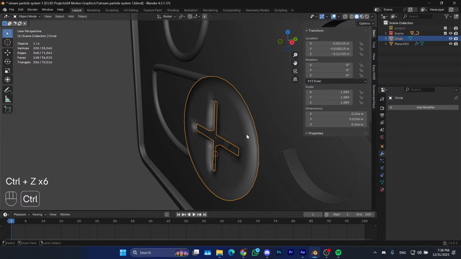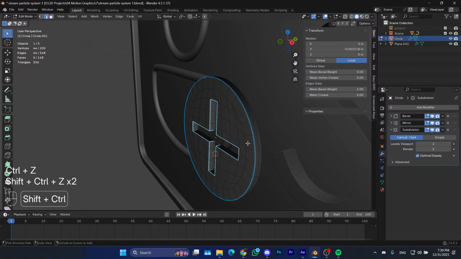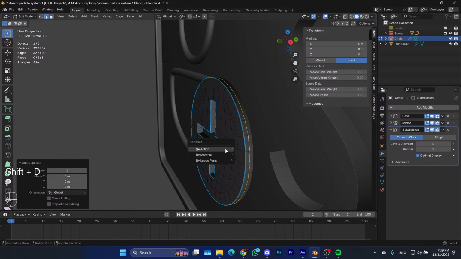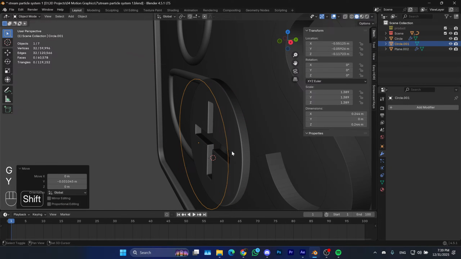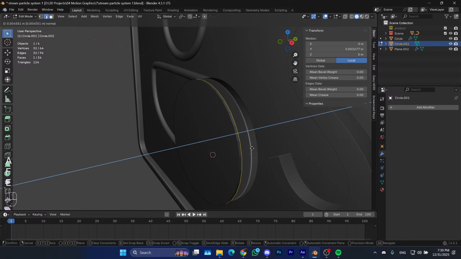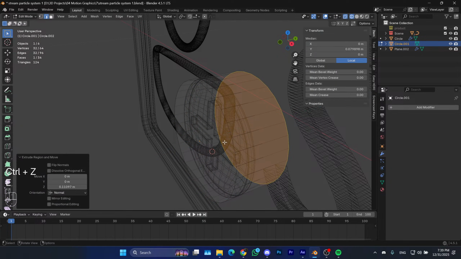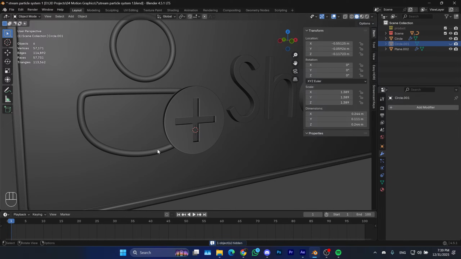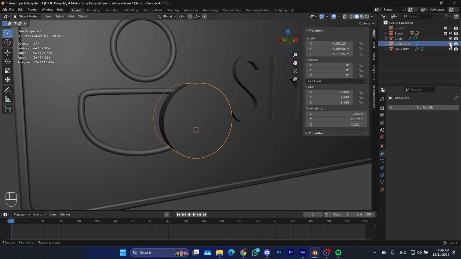Oh my god. Wait. Hold up. Okay, I want to duplicate this and separate it. And now I'm gonna take this circle, remove all that stuff on it, and this is just gonna be the cylinder. So we extrude it like this, fill it, extrude it, and we're gonna take this and we're gonna put that cylinder to be the boolean. And if we want, we can just scale the cylinder up and down, control how much is it cutting out